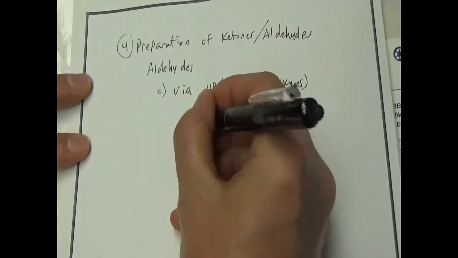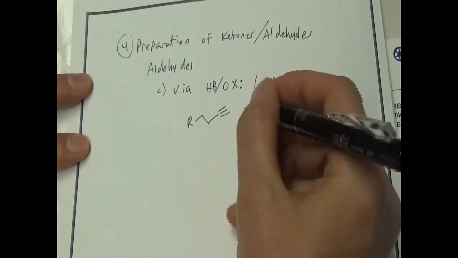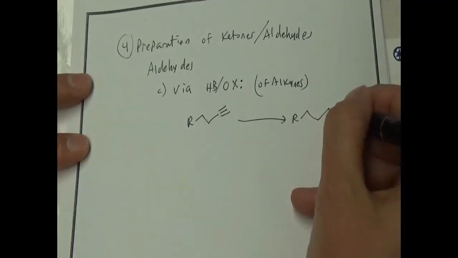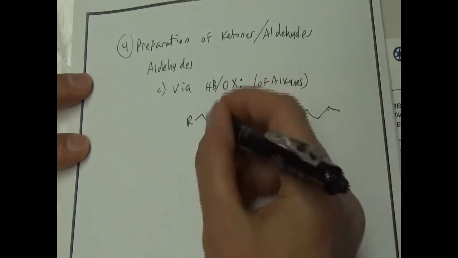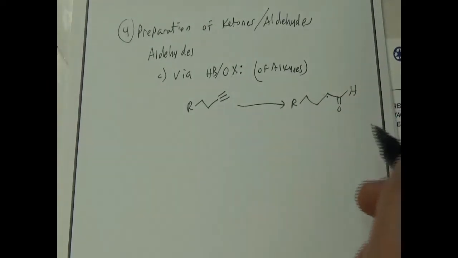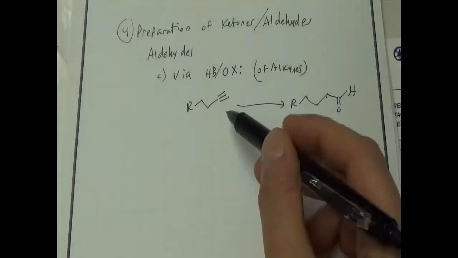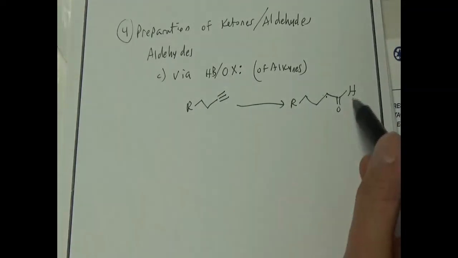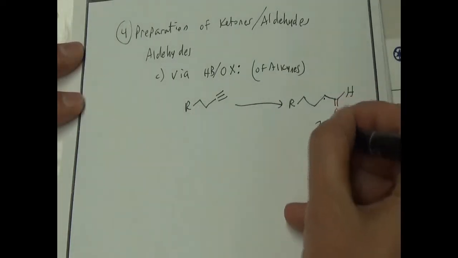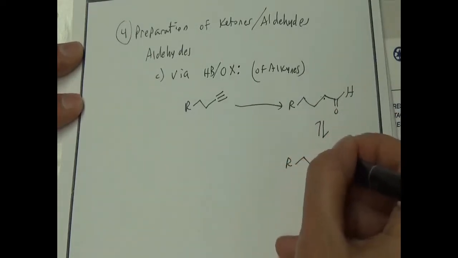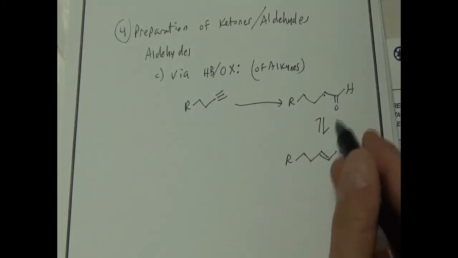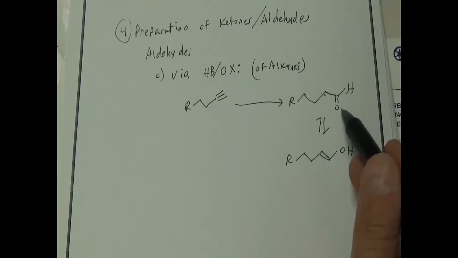So remember, the basic idea is that another way to make aldehydes is to take an alkyne and do a special reaction that basically turns the terminal carbon of an alkyne into an aldehyde, right? And the last step was something about an enol. So you make an enol, and then it tautomerizes to the keto form, which is the aldehyde functional group.